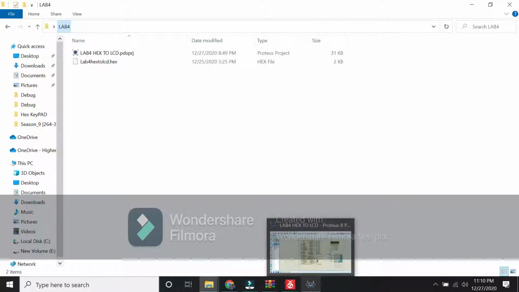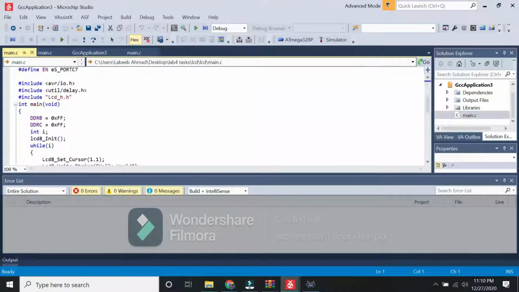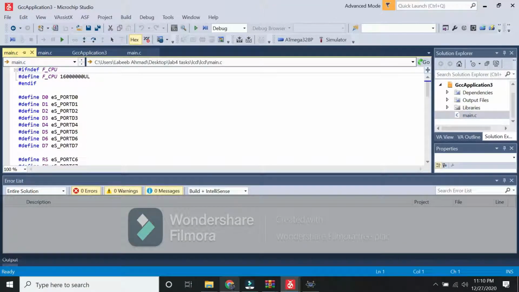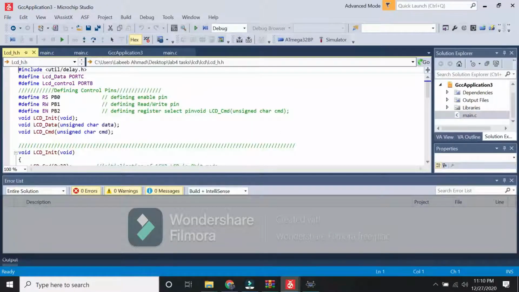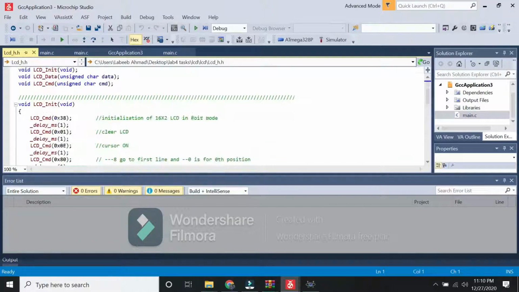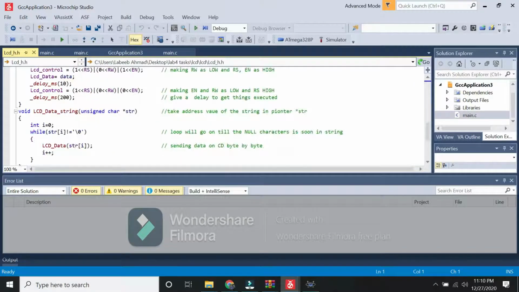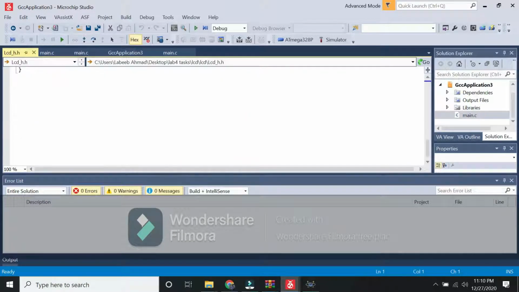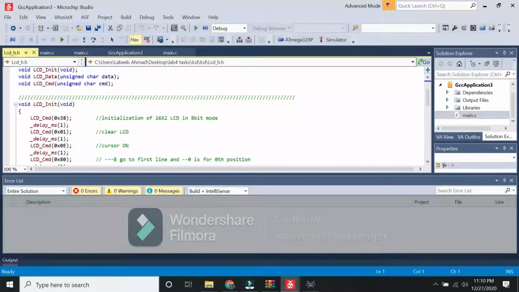So for that sir also gave us the header file. Yeah, that's it. So as you can see here, we have the header file, and we also have the main code. What we have to do is just initialize the rows and the columns using the CMD commands. We don't do too many things, we just have to display by initializing its bits and